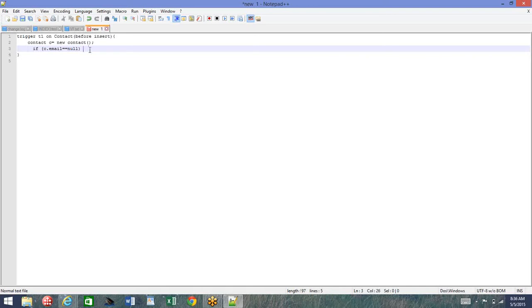But how will you say that this SObject contact c is the record which is getting inserted? Your contact c is a new contact, right? So if it's a new contact, then the value also needs to be provided by us. So how will I say that this c is the contact which is getting created?